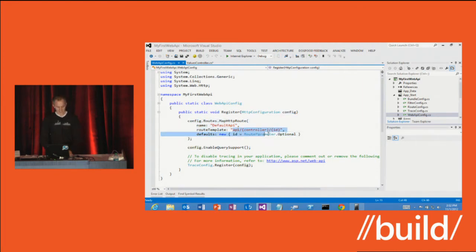It looks a little bit different than the MVC one. It's API. We added an API prefix, so it has a separate namespace from the MVC set of routes. But it's controller. That should look familiar. There's a controller route variable, and then just ID. There's no action. So like I said, your actions are the HTTP methods.